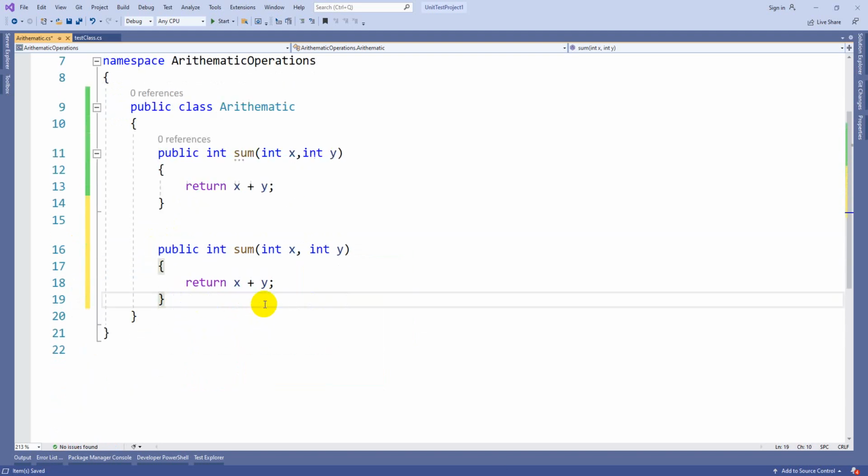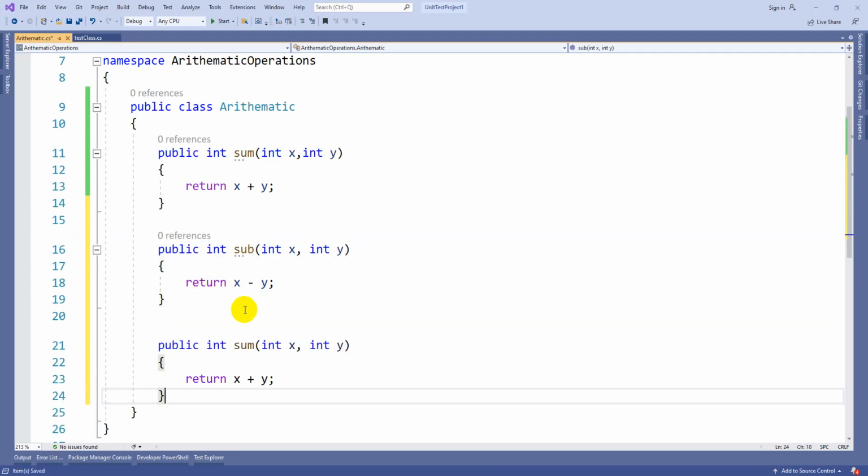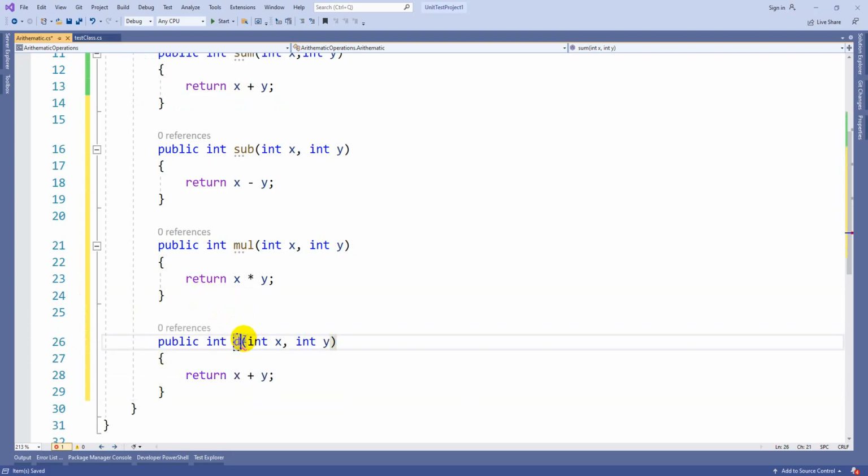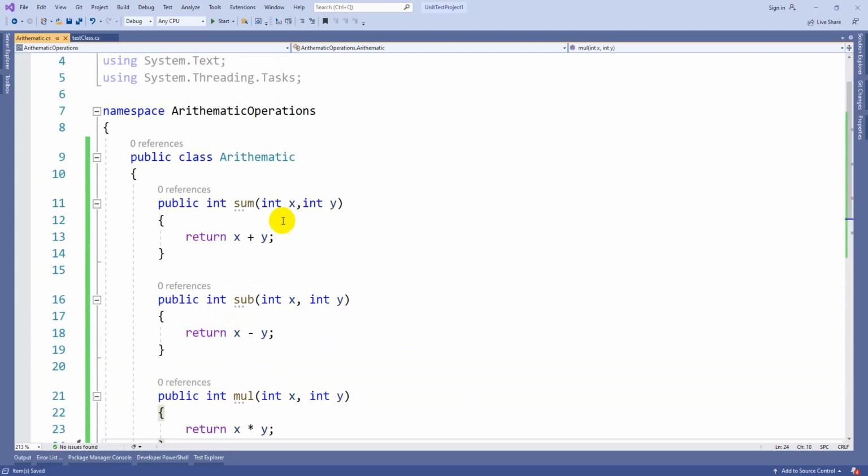and this is the subtract method. Minus will be there, and multiplication, and some division. So we have the code here.